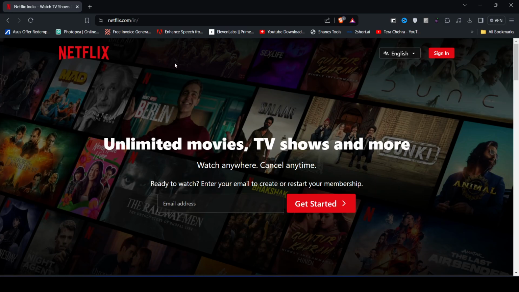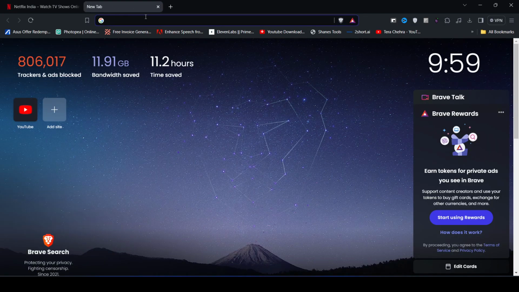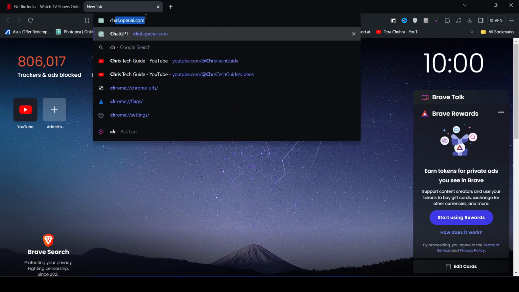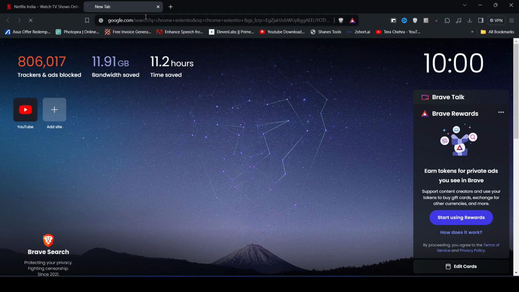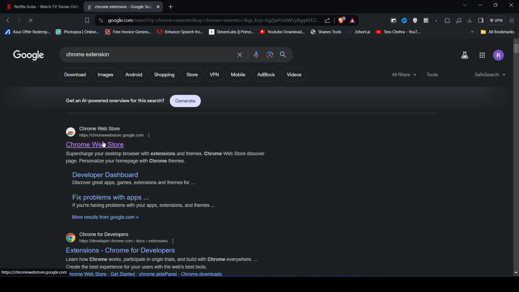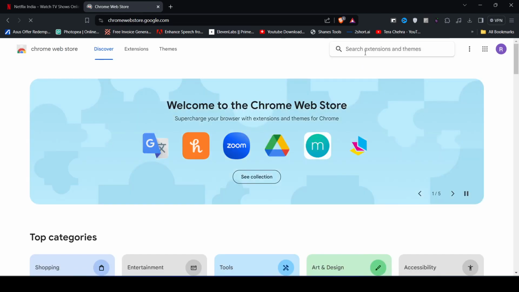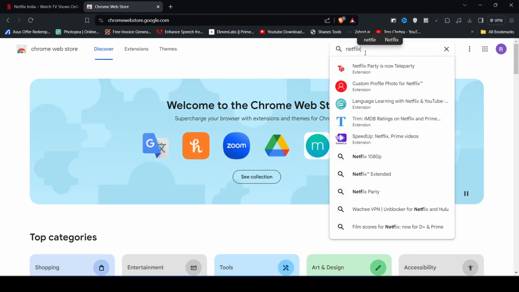So once you are into your login account, you have to just go to a new tab, right? And by the way, this feature is only available for laptop or PC or tab, right? Just go here and write Chrome extension, right? Or Chrome Web Store, whatever it is, right? And here I am, and just go to the search bar and search here